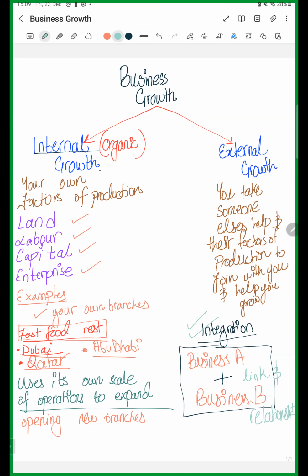Okay, so Emily, do you have this written down? Did you write these down yesterday? Yes, Max. Okay, so I can move on. Do you understand the difference between internal and external growth? I can move on. Yeah. Okay, so